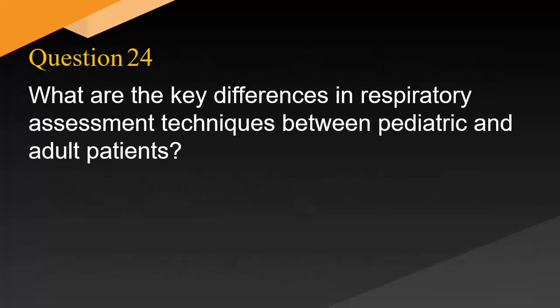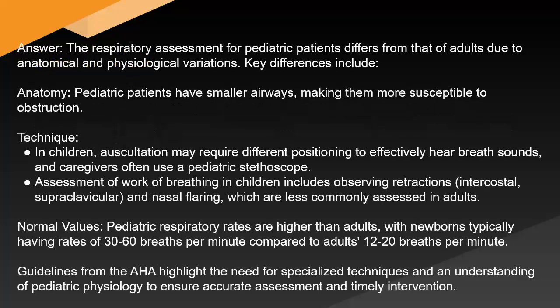What are the key differences in respiratory assessment techniques between pediatric and adult patients? Answer: the respiratory assessment for pediatric patients differs from that of adults due to anatomical and physiological variations. Key differences include anatomy: pediatric patients have smaller airways, making them more susceptible to obstruction. Technique: in children, auscultation may require different positioning to effectively hear breath sounds, and caregivers often use a pediatric stethoscope. Assessment of work of breathing in children includes observing retractions, intercostal, supraclavicular, and nasal flaring, which are less commonly assessed